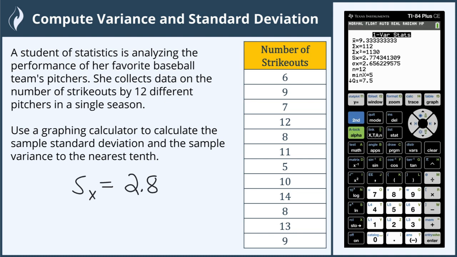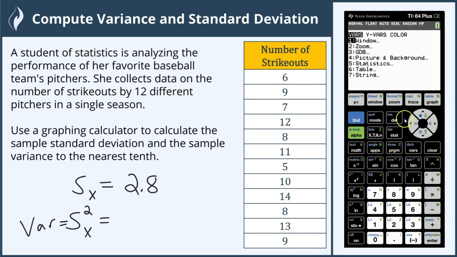Now we are also asked to find the sample variance. We can do that by just squaring our sample standard deviation by typing that in manually, or we can use this handy dandy thing in our calculator. So again, variance is also the square of the sample standard deviation. But to get to it without having the rounded portion, because 2 point again is rounded,